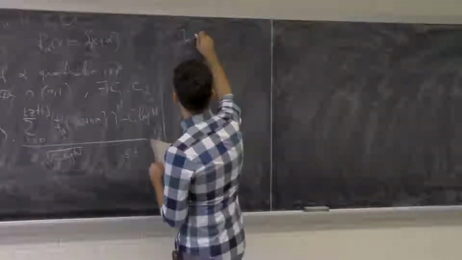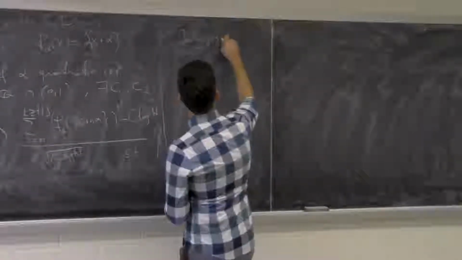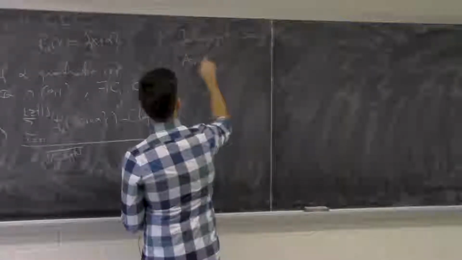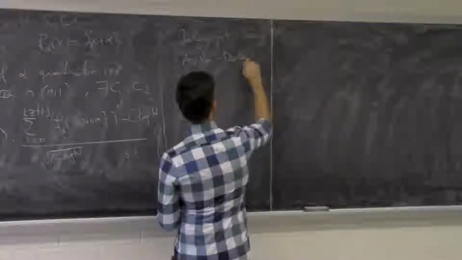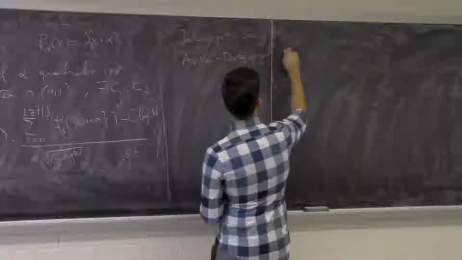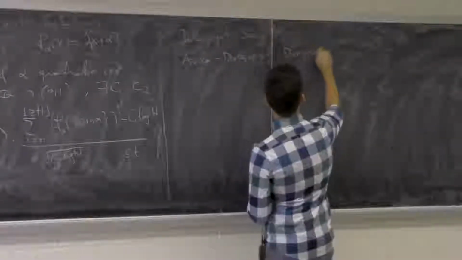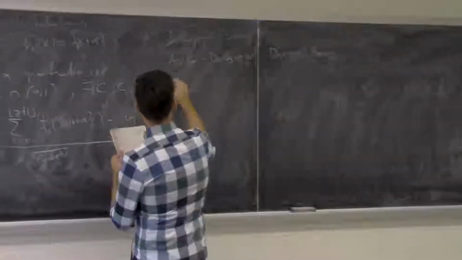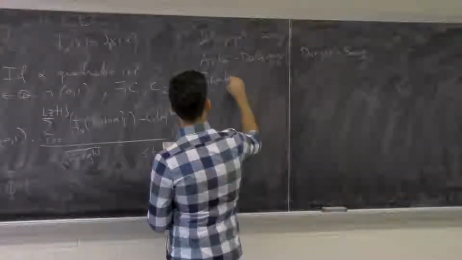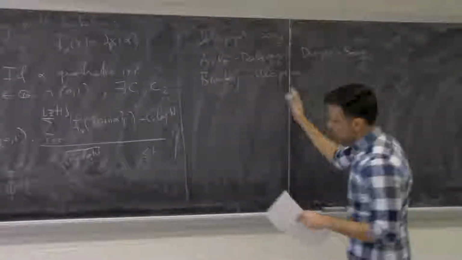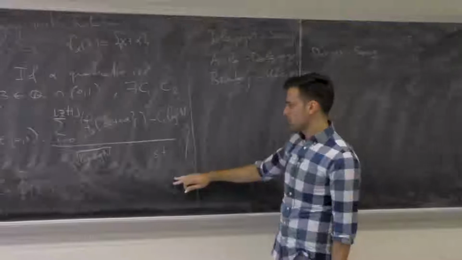There's been work of Dolgopyat and Sarig, and then Avila, Dolgopyat, Dolgopyat, Fayad, and Sarig, and then Bromberg, Ulcigrai. All these people have worked on generalization of Beck's result,